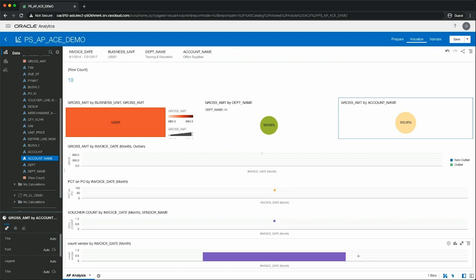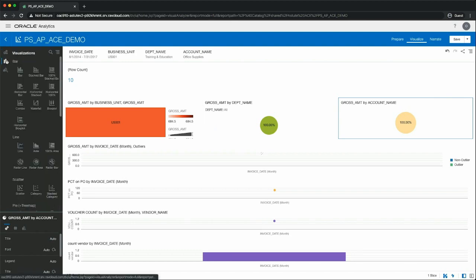But it also seems like at this point that we're probably missing a piece of information, which is, well, how much did we actually spend? Now, of course, we were able to find spend at this point by hovering. We can see a gross amount there, but maybe we want to make that easier. And we're going to do that here in the next exercise, which is exercise 4 of adding a visualization to the canvas. We can do that by going to the Data Explorer and clicking over here on the visualizations bar,